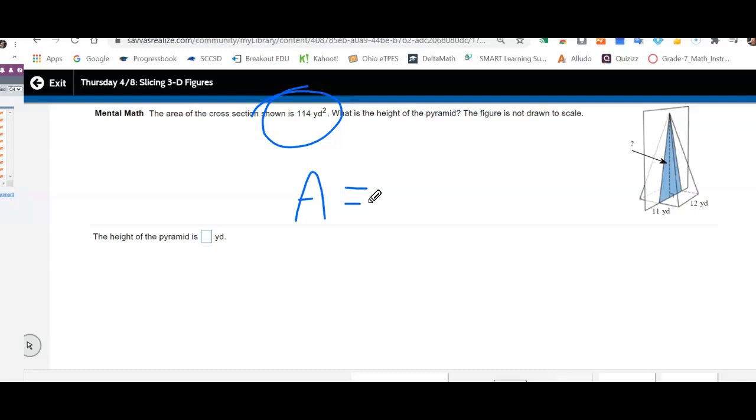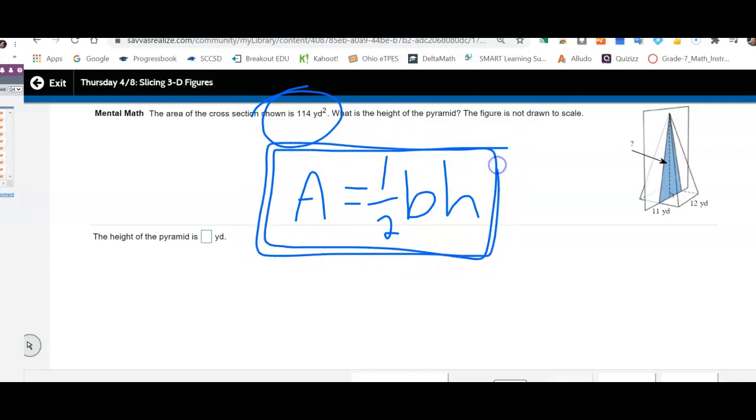Close. We're going to call it base times height. Base times height is the area of a rectangle. So a triangle is what? Remember, a triangle is half of any rectangle. So it's 1/2 times base times height. So you're actually going to use this formula to help you find the height, but you're going to end up having to use some algebraic skills, T-charts, to figure out the height. If you can't figure it out, don't stress. It won't be on the quiz, but